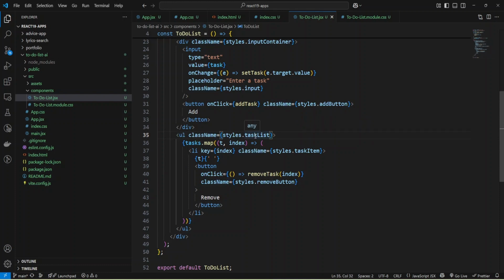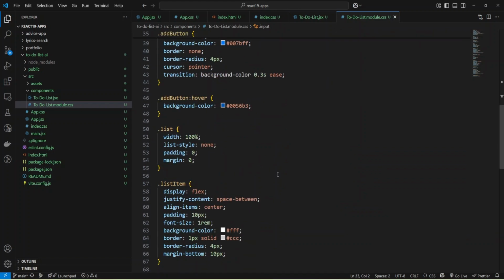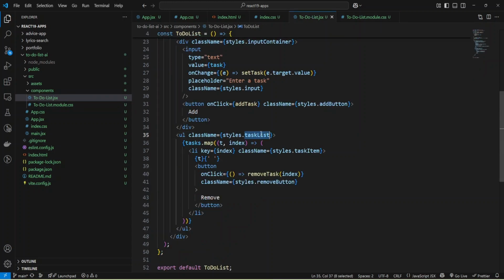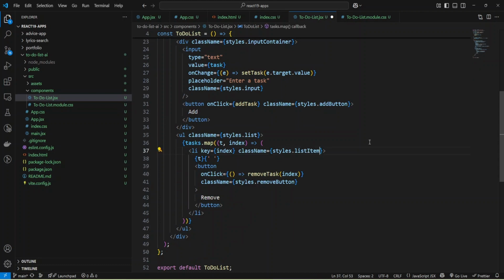We have our task list, and I'm going to open the styles and try to find taskList. I don't have taskList, but I see I have styles for list.